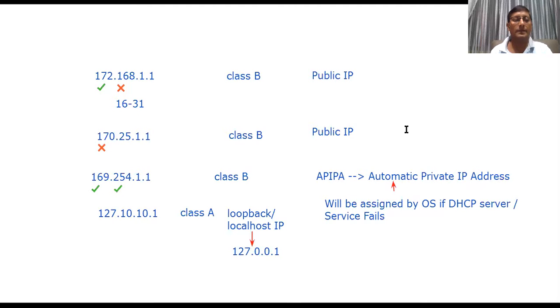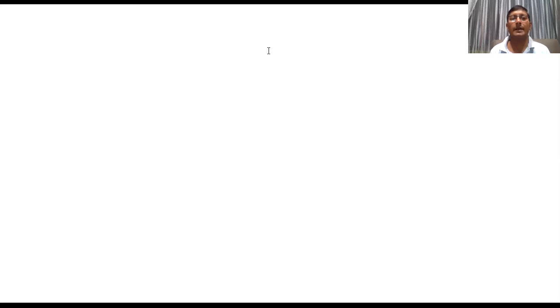Any doubt at this level? So you got clarity on how to identify private IP and public IP. Now let us see it on the systems, then you will get more clarity. One is our local machine, the other one is the remote machine. Our server also I will show. Again, yesterday we learned the different types of IP addresses: whether it is private or public, whether it is class A, B, or C. We need to identify whether you are getting a static IP or a dynamic IP. How to identify?